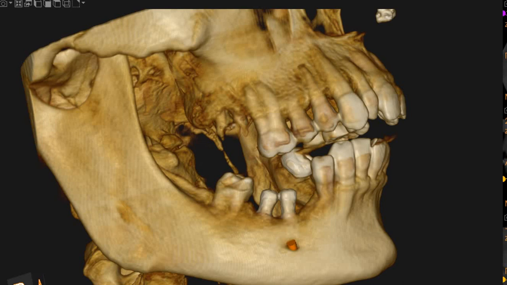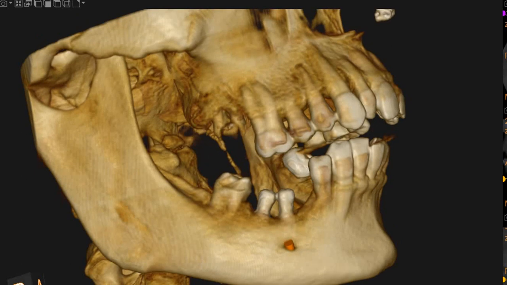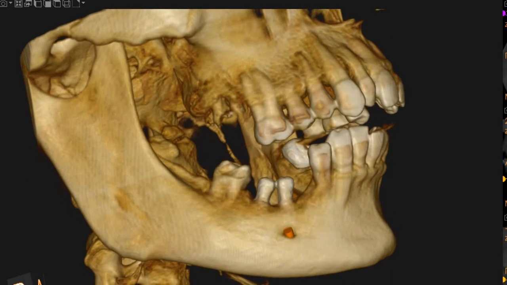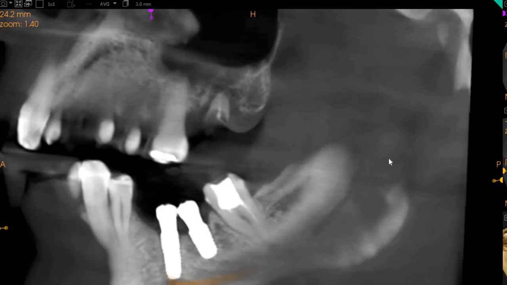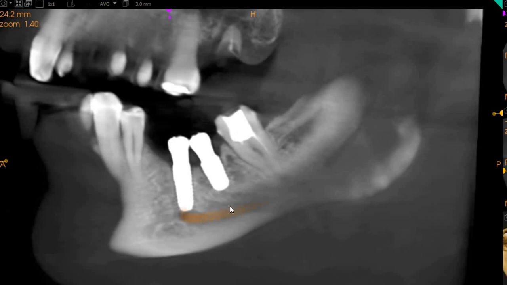This is the CBCT of the patient that you had requested. The area of interest has not been mentioned, but we will talk about the problem that we see on the CBCT. Specifically, the lower right quadrant where two implants have been placed. This is the sagittal view. On the sagittal view, you can see that the inter-implant distance is approximately